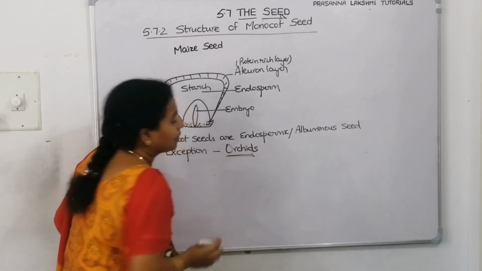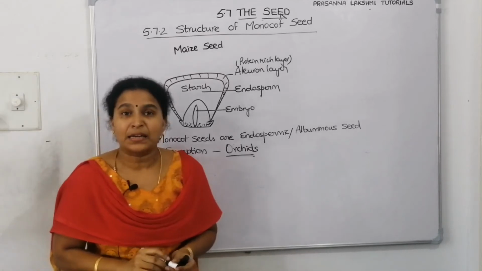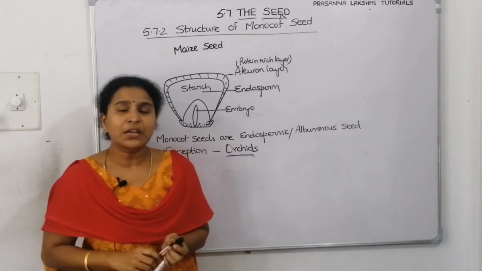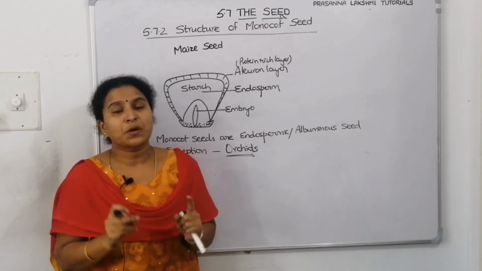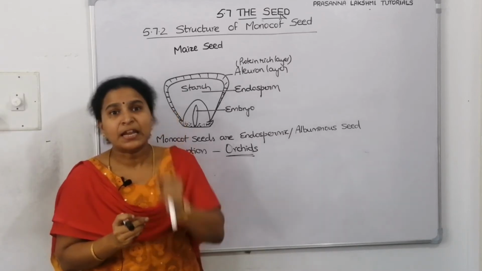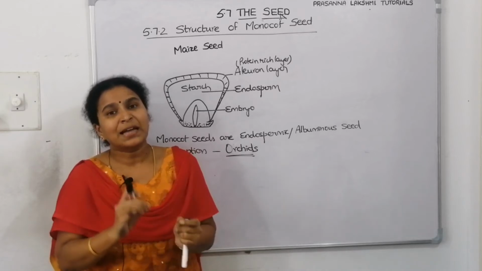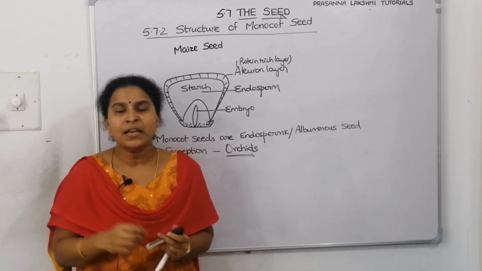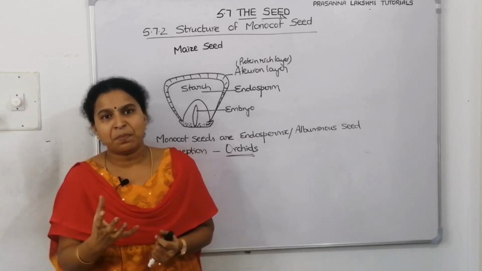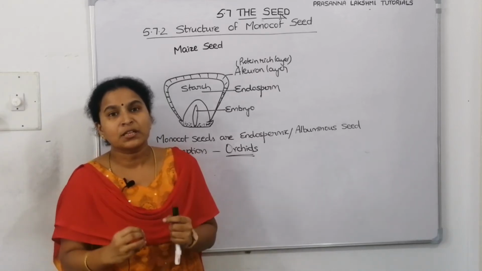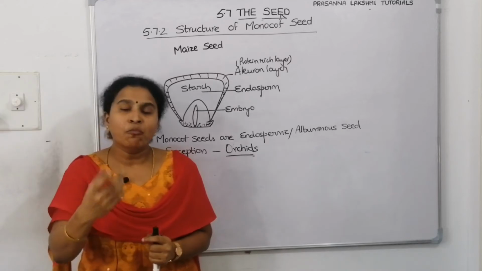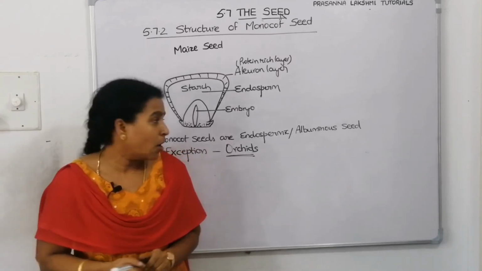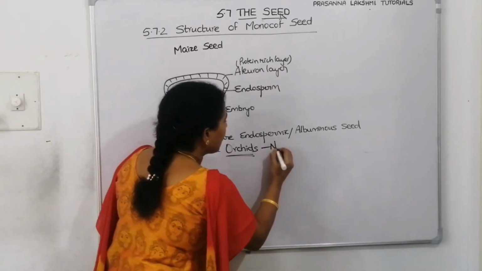Now, orchids are costly. They are ornamental plants. Even though it's a monocot seed, it is not having endosperm. If it is not having endosperm, then the seed's viability will be very less. So, within that viability, it has to germinate. If not, the seed will not germinate. So, if you have an orchid plant and it has given seeds, and you store the seeds and try to plant them, you may not get the plant, because these orchid seeds are non-endospermic.